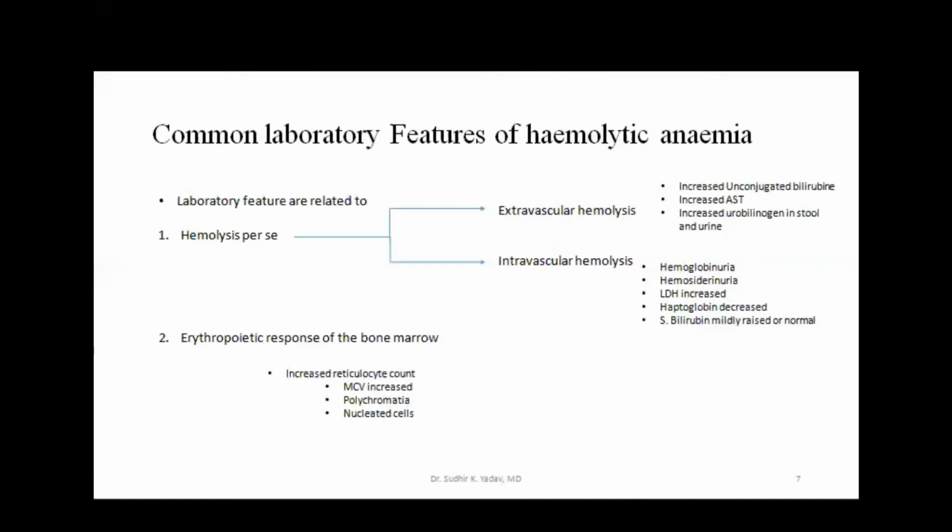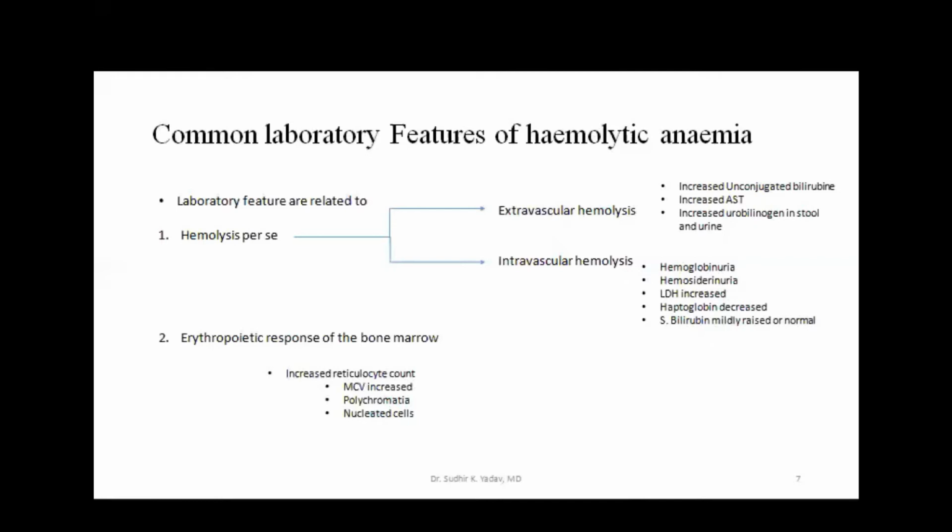Reticulocytes are immature cells, so they may contain some RNA. If you stain them, you may get multiple colors, so it is polychromasia. Some of the immature cells are released. This is known as shift to right. Some immature cells are released into the circulation, and these immature cells will be nucleated, so some nucleated cells may be seen.